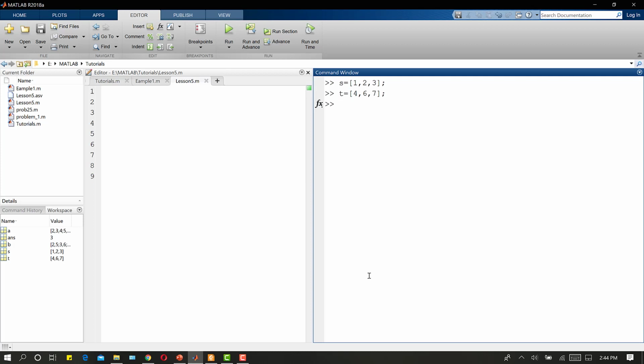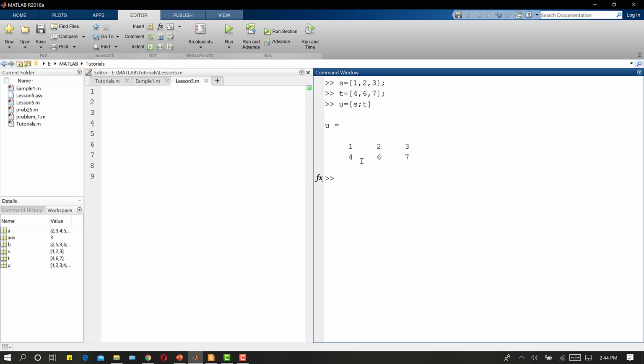And if you want to combine these 2 row vectors into an array, into a 2D matrix, what we will do, let's suppose I write U vector. So U will be equal to this S, and I want to have S as the first row and T as the second row. So what I will do, I will write semicolon, then I will write T. So we can write a 2-dimensional array like this as well. We can combine 2 row vectors or 2 column vectors.